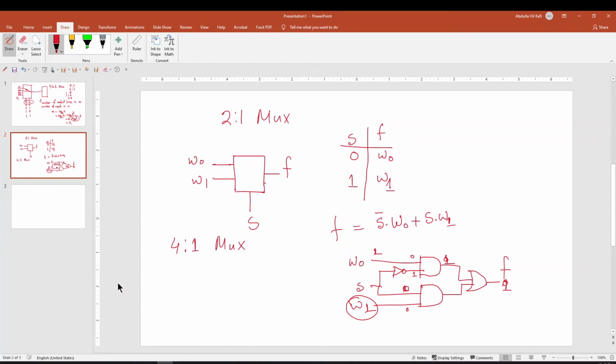So similarly, for a 4 to 1 mux, we can write the function. So 4 to 1, if these are W0, W1, W2, W3, and this is your Y, and you have two selection pins, S0 and S1, then Y will become